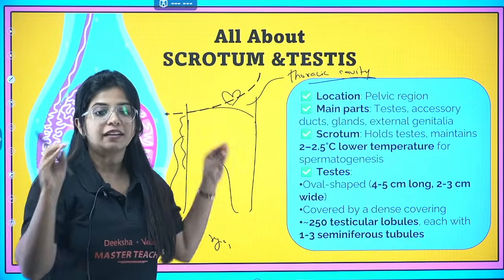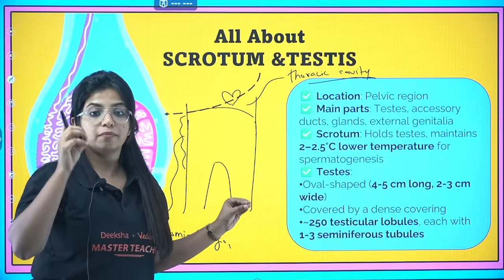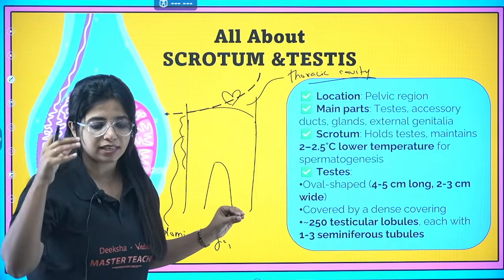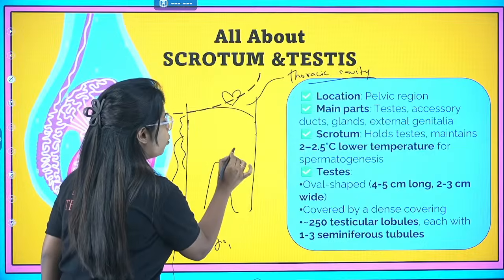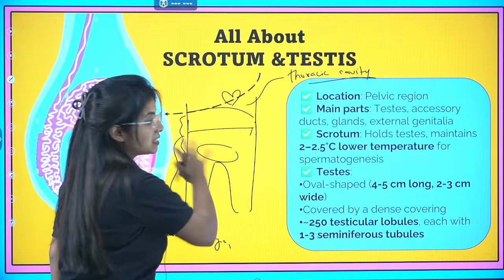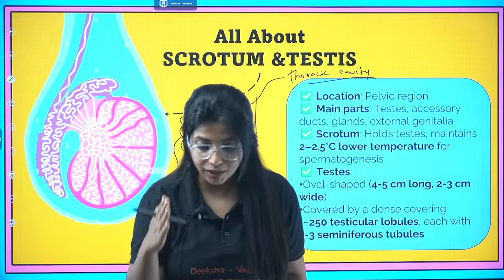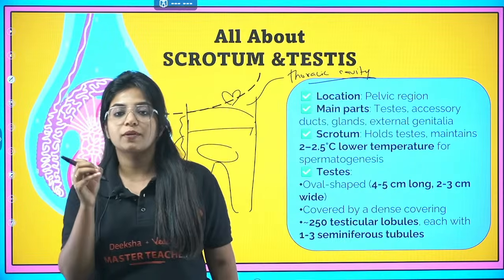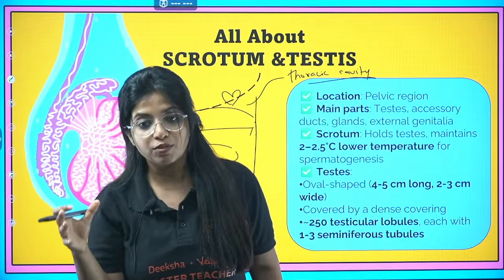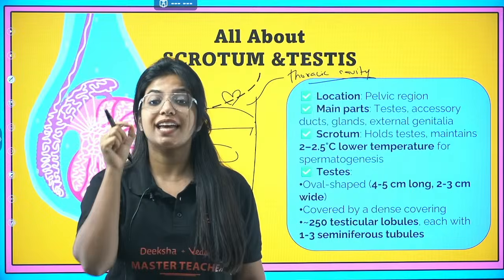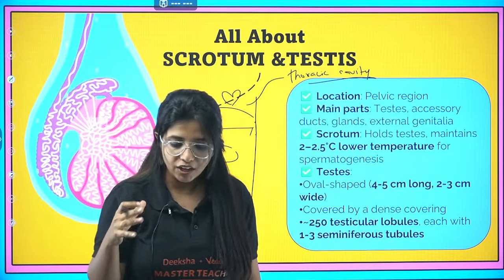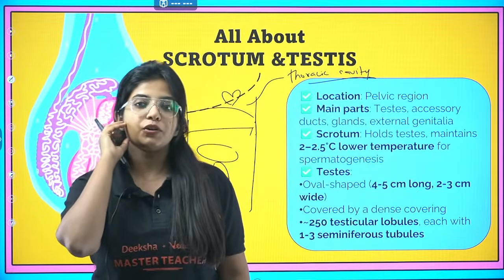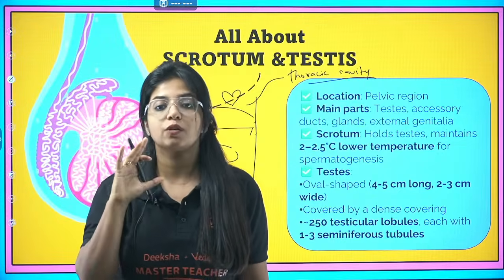But in the case of your male primary sex organ, which is known as testis, it cannot be here. It cannot be inside. Why? Because testis is doing a very important job. And what is that particular job? This particular job is making the sperms. And for that, it needs an adequate temperature. It cannot do anything if the temperature is not maintained properly.